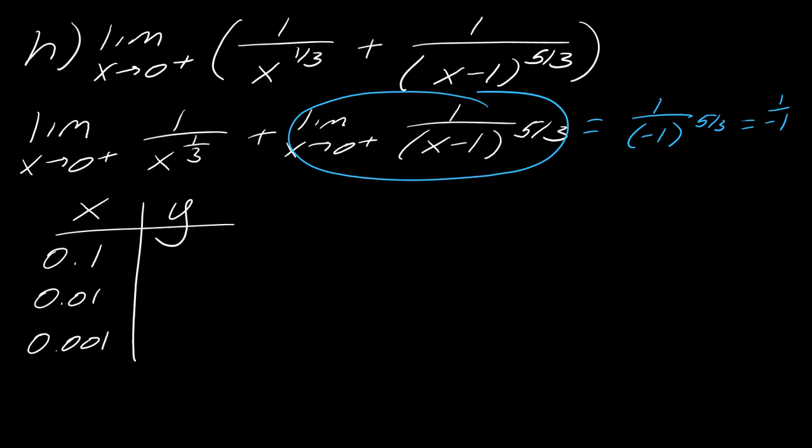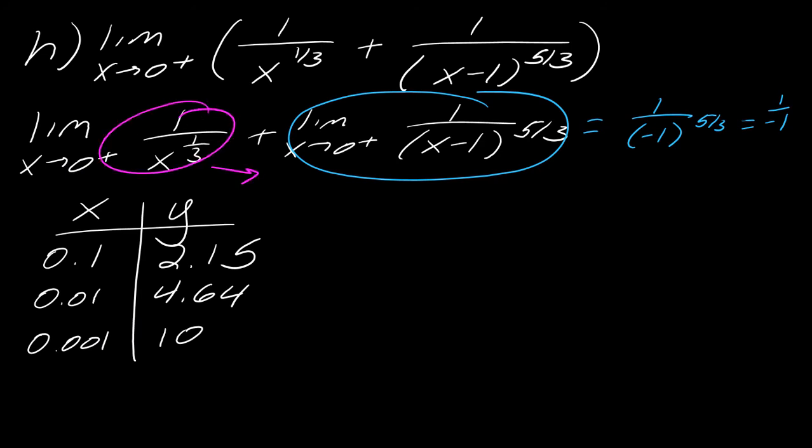And so if I were to evaluate those, I can tell from my y values that I've plugged in here that this is getting progressively larger. It's getting larger at a very slow rate, but these are getting progressively larger. So the smaller this number gets, i.e. the closer we get to 0, this is just going to get bigger and bigger. So what that tells me is the value of this is really just going to positive infinity, which means that my answer,